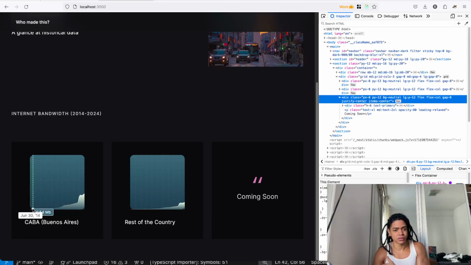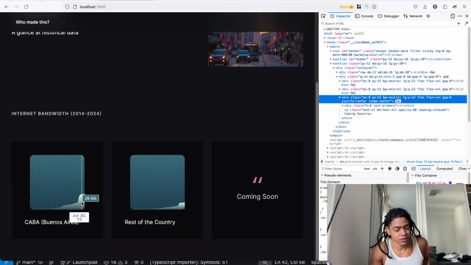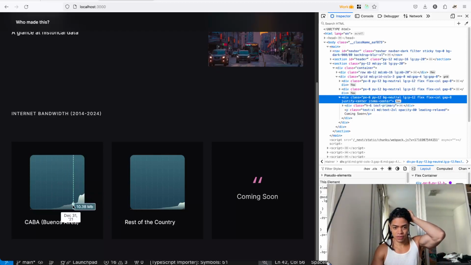And here is where you can see the relevant data from Cava, okay, at December 31, according to the Argentinian government, and then here with the rest of the country, the comparison. So yeah, there is a huge gap here, as you can see in this map. There's a reasonable gap on the internet bandwidth. So yeah.